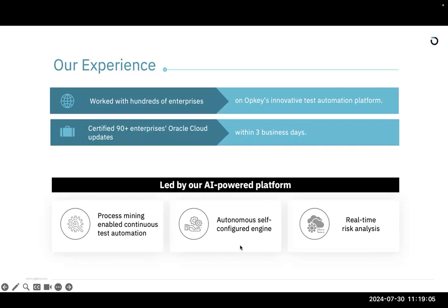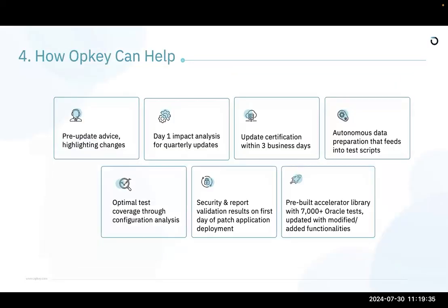We have a self-configuring engine, which means that we have really taken away all the effort when it comes to data prep, when it comes to understanding the configurations and having these modified data sets go directly into the system. We do a real-time assessment of the change impact, which is very critical to assess what has been modified in this patch. Rather than testing everything from scratch, we actually know the pointed areas that are impacted. And Opkey has a specific feature and an overall product solution only available for patch